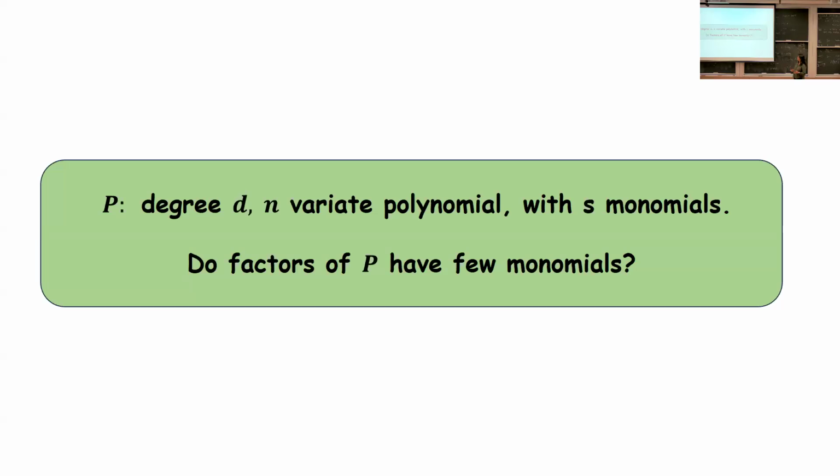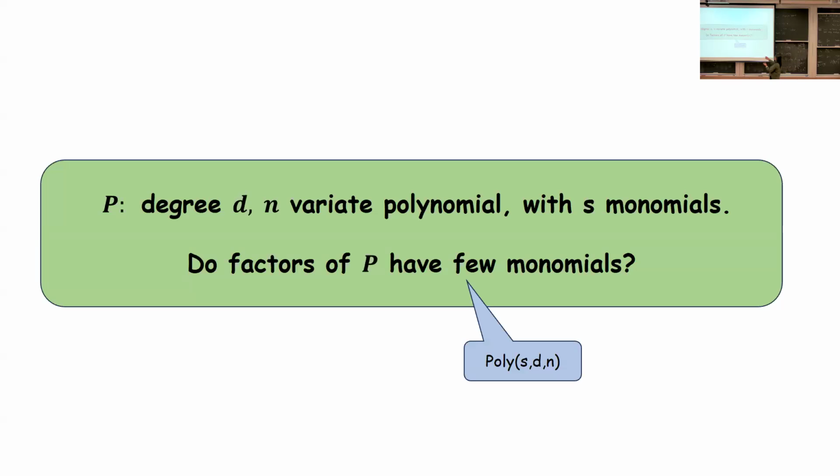And here's a question. Suppose there's a polynomial which has only few monomials. Okay, so S monomials, think of S as small. The max number of monomials is D plus N choose N. So that's exponentially large with N. But suppose your polynomial starts off having much fewer than that monomials. What can you say about the number of monomials in the factors of this polynomial? Maybe I said F, I mean P all along. Okay, so what can you say about the factors of this polynomial? If P can be written as F times G, and P is sparse, is F sparse?